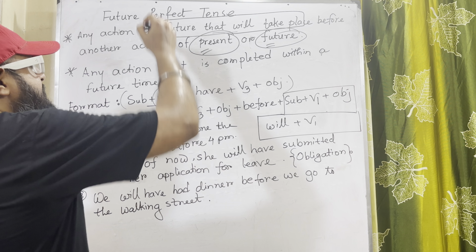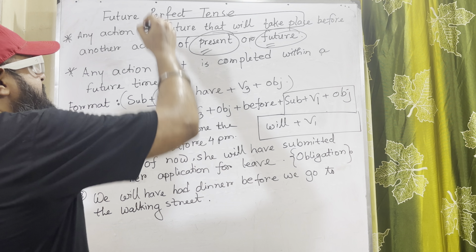I have talked about the reason in my previous lecture, where I told you that in future continuous tense we need the base form of the verb be, because every sort of modal auxiliary verb needs a base form. That means after the modal you need to use the base form to support that modal auxiliary verb and maintain the structure of your sentence. Similarly here, have is the base form of the have verbs.